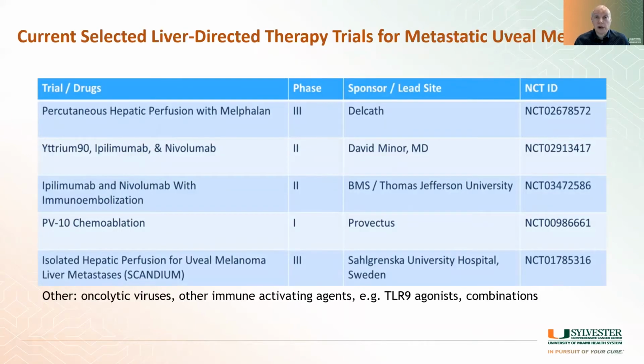So there are some clinical trials looking at different ways to do liver-directed therapy. I mentioned this one before, hepatic perfusion, which is giving chemotherapy to the entire liver using a special catheter called Delcath. This is actually approved in England already, and it may at some point be approved in the United